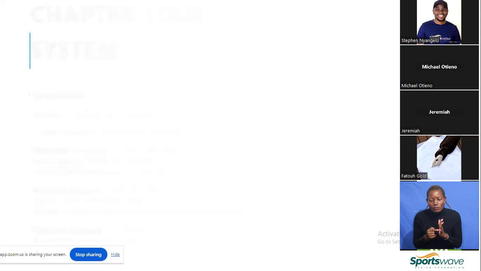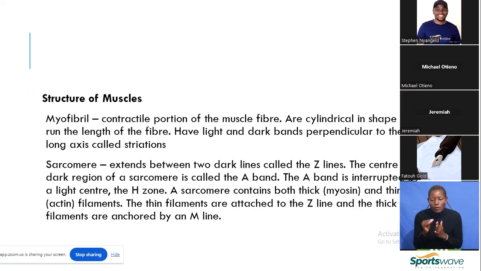When we go now to the structure of the muscles, you will see this in the YouTube video, but the myofibril is that single unit of the muscle, the contractile portion. And you'll find that within that myofibril, there is something called a sarcomere. Now, I do not want to go through all this structural stuff, because you can read later and just look at that. But the key thing that I want to bring to your attention is that in the muscle, those striations that you see in the